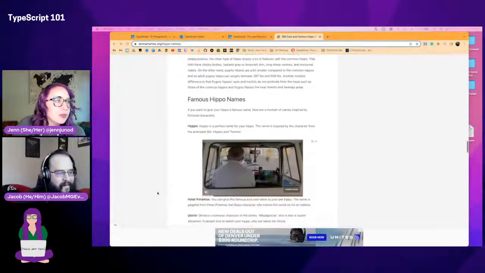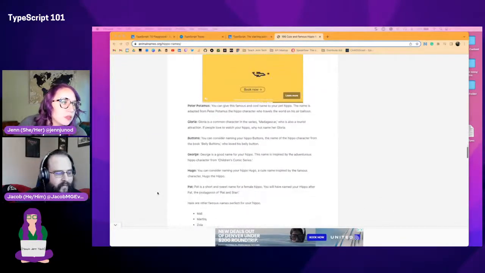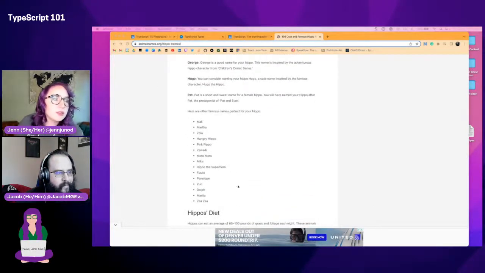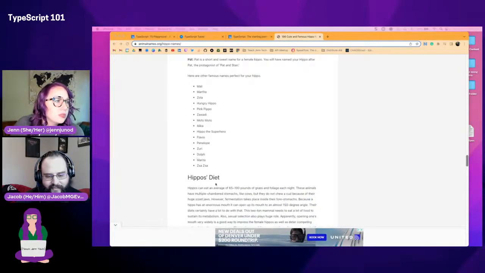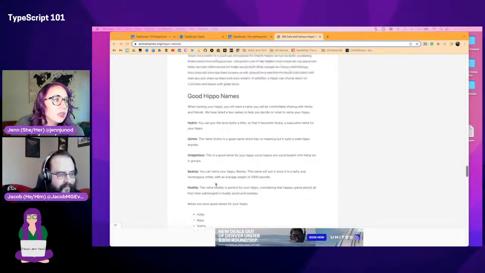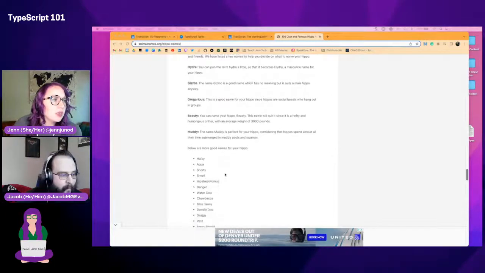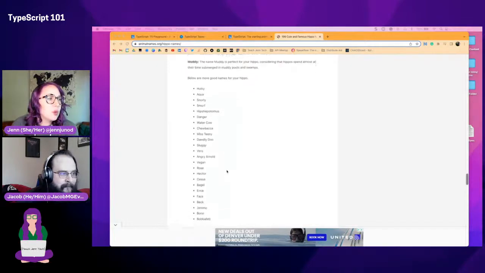There's different types of hippos. Famous hippos. I don't get why they put other hippo names and then these ones. Pink Pippo. Hip hop hippopotamus. Yes. Dolph. Penelope. I'm not gonna lie, these ones are starting to make me think about Pokemon.